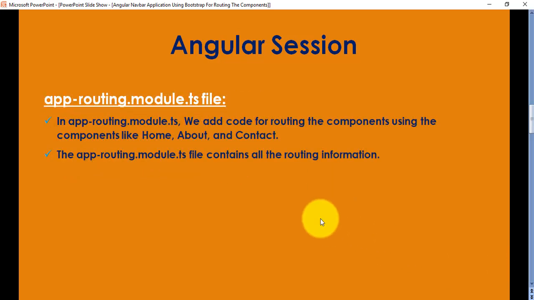And what is the app-routing.module.ts file? In app-routing.module.ts we add code for routing the components, like home, about, and contact. The app-routing.module.ts file contains all the routing information.